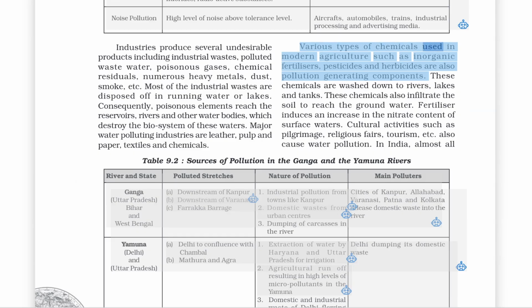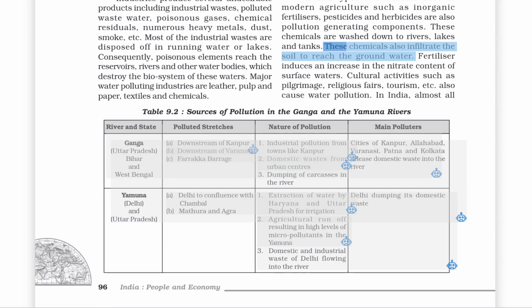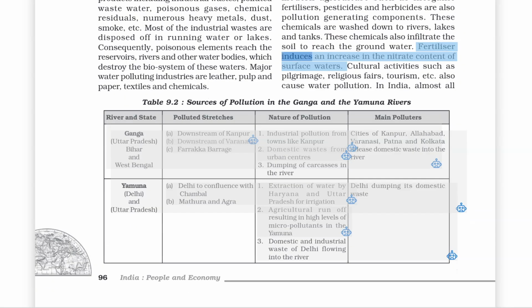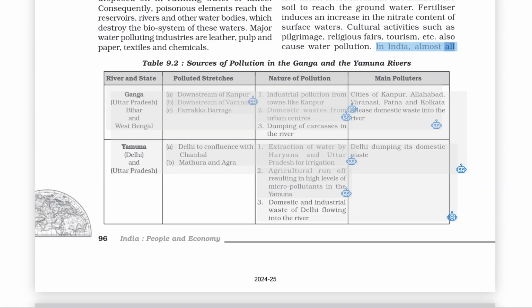Various types of chemicals used in modern agriculture such as inorganic fertilizers, pesticides and herbicides are also pollution-generating components. These chemicals are washed down to rivers, lakes and tanks. These chemicals also infiltrate the soil to reach the groundwater. Fertilizer induces an increase in the nitrate content of surface waters. Cultural activities such as pilgrimage, religious fairs, tourism, etc. also cause water pollution. In India, almost all